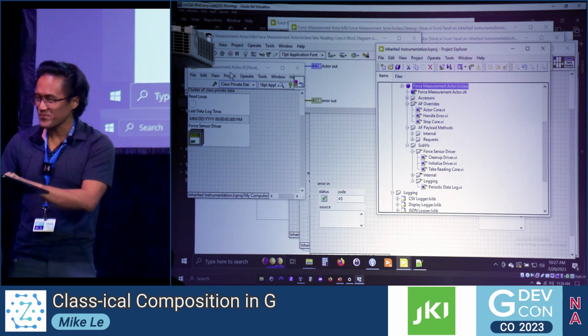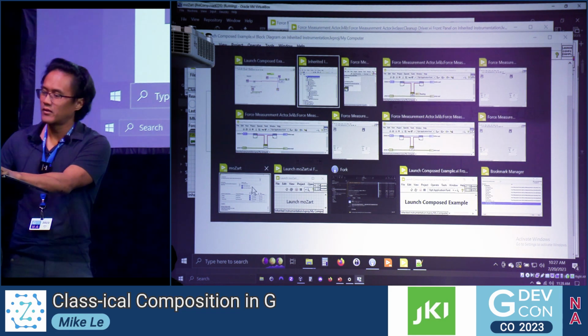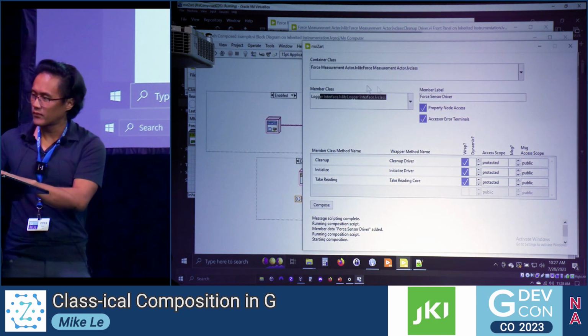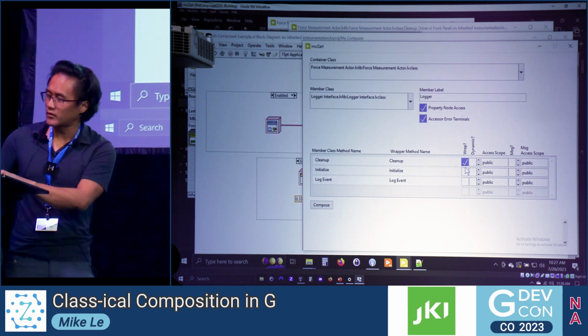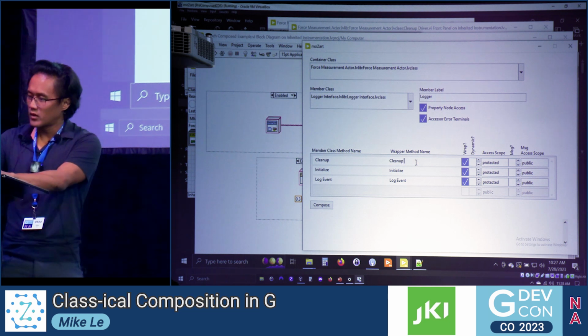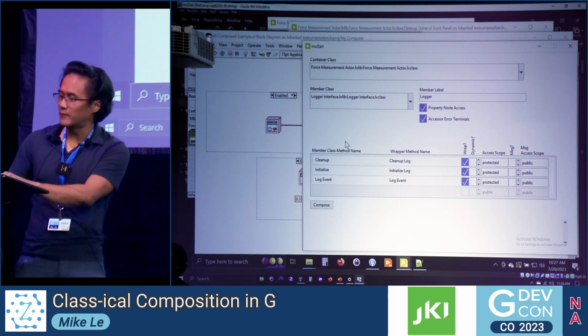All right, and then I'm going to go back to moZart again, and this time I'm going to add in the logger behavior. Same thing, I want to wrap all three. I'll make them all protected again, so that children classes of force measurement can call them, giving them unique names again.